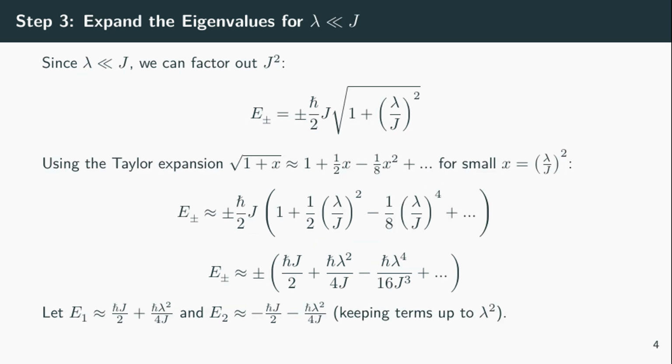Step 3 is crucial because we use the condition that lambda is much smaller than J to approximate the eigenvalues. Starting with the exact expression for the eigenvalues, because lambda is much smaller than J, we can factor out J squared from inside the square root. Next, since lambda over J is small, we can use the Taylor expansion for the square root of 1 plus x, where x is lambda over J squared. Substituting this expansion back into the eigenvalue expression gives us the expanded form shown on the slide. Distributing the terms, we arrive at the expression on the following line. Finally, for the leading correction, we keep only the terms up to lambda squared to obtain our two approximate eigenvalues,